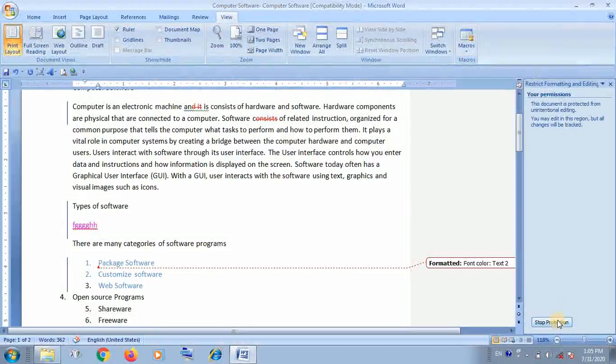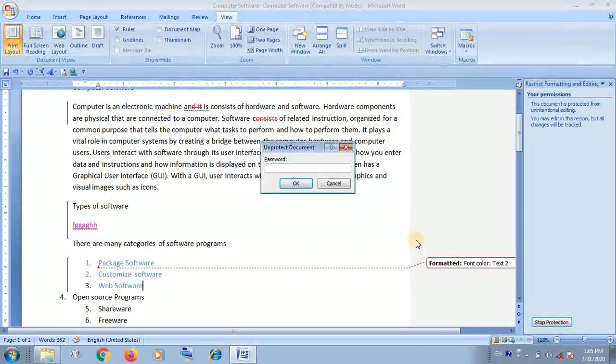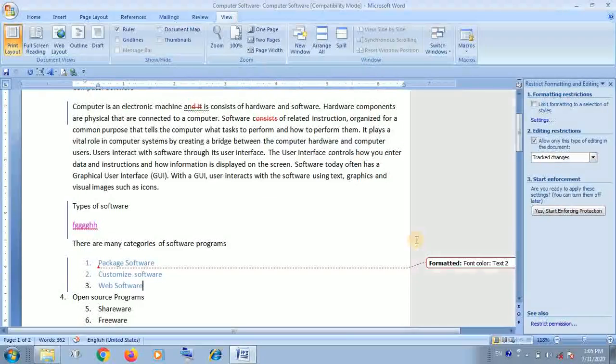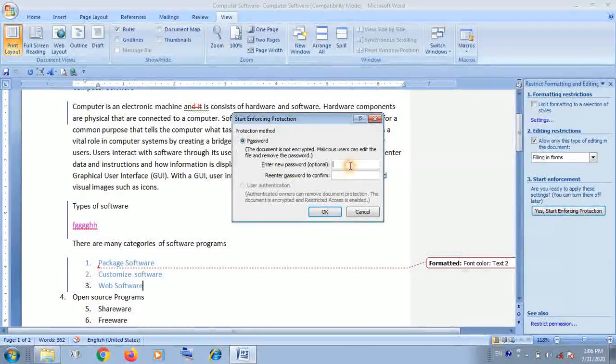Now again, if you want to unprotect, enter the password, the same password, you will find the option, you can unprotect. Okay, suppose you want to protect the fill in the form, then with fill in the form you can't write anything. See here,